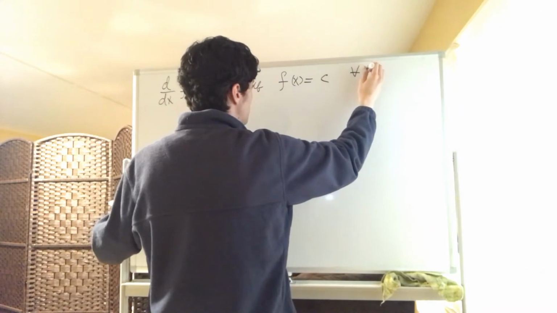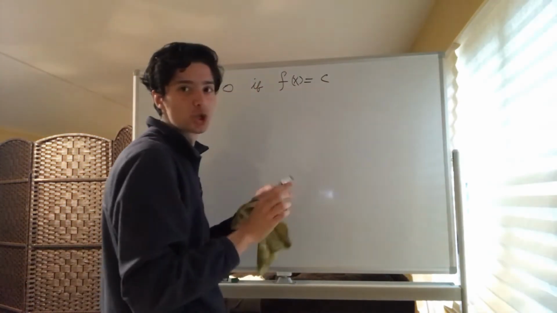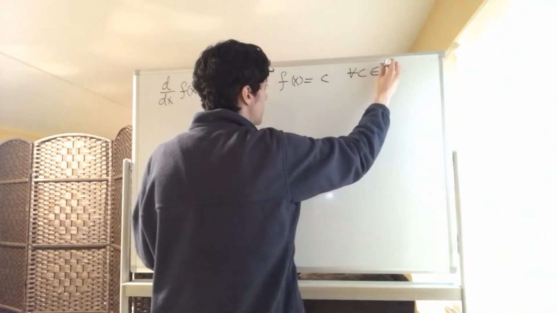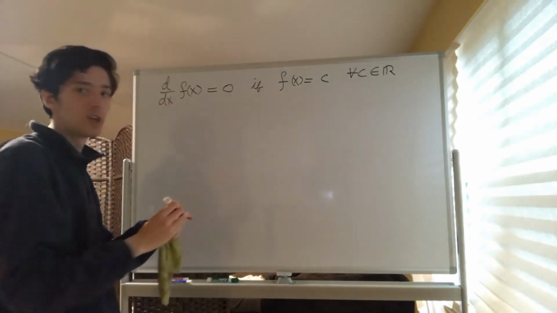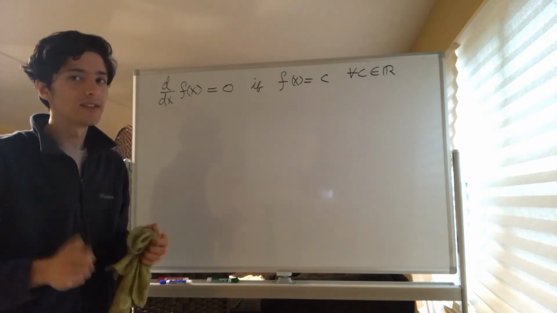Let's call this constant c. And this is true for all c in the real numbers. So essentially what this means is if our function is a constant,